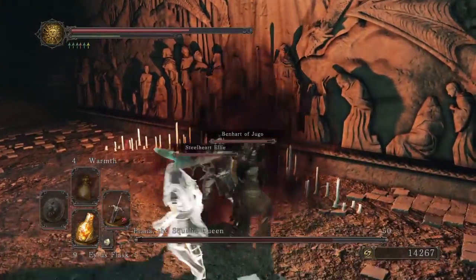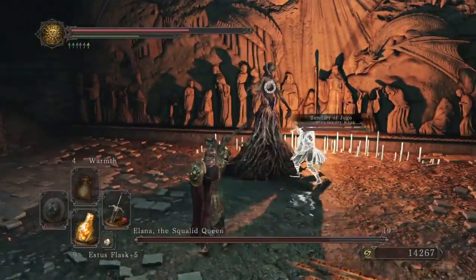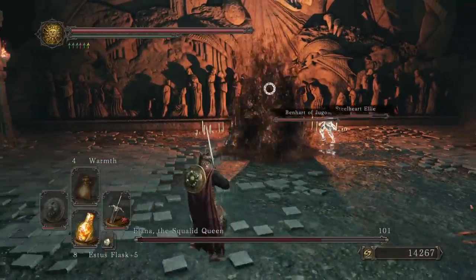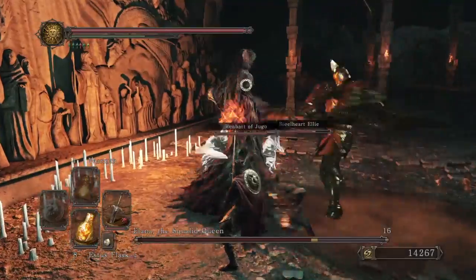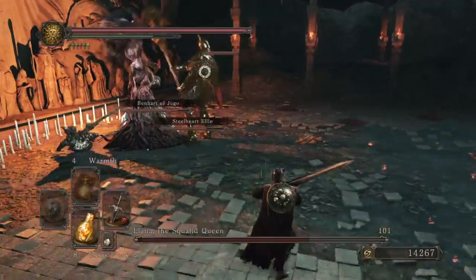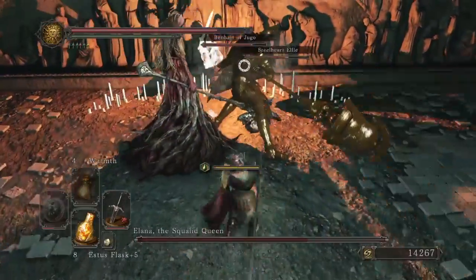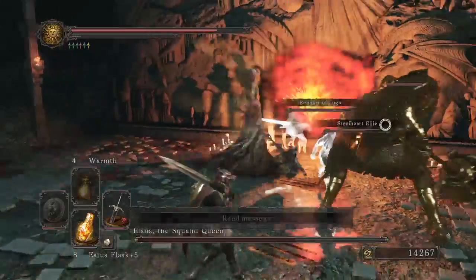Elana's attacks hit very hard. She has many powerful spells and pyromancies, but the absolute most annoying thing is she can summon Velstadt, another hard-hitting boss, to help her out. And he does poison damage. Like, that is